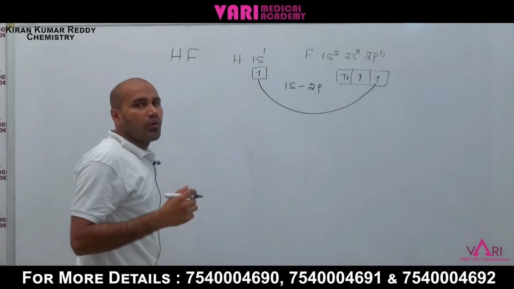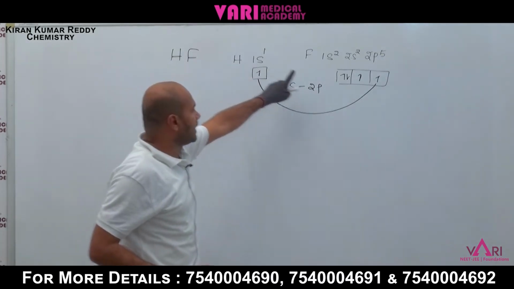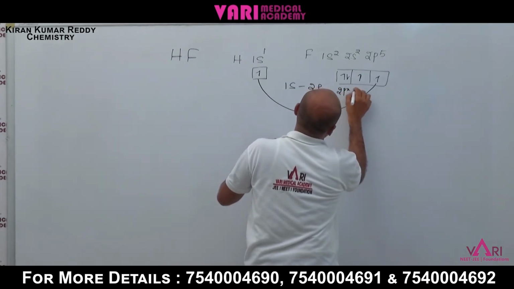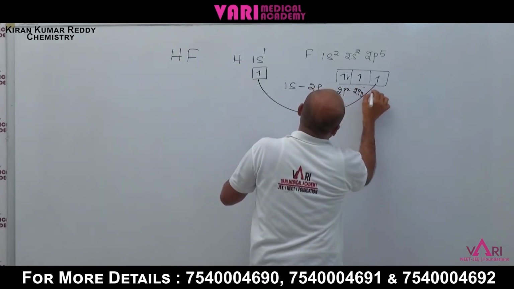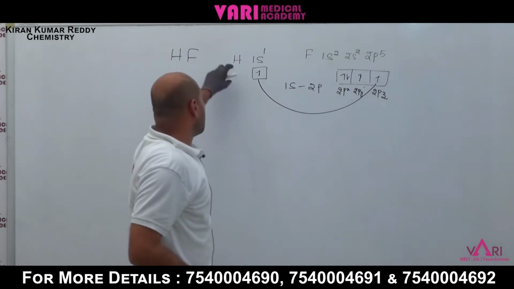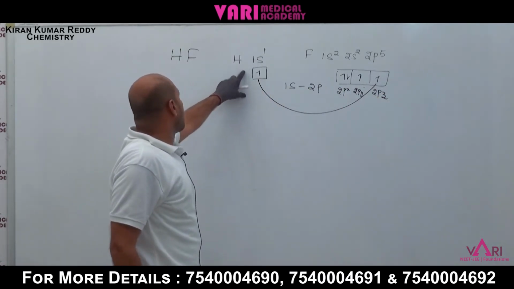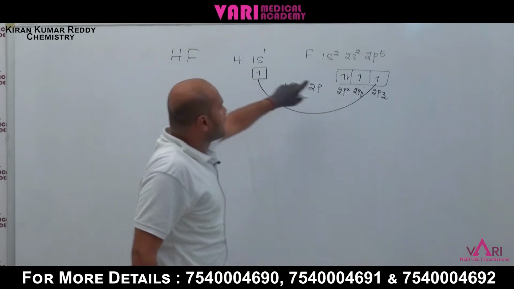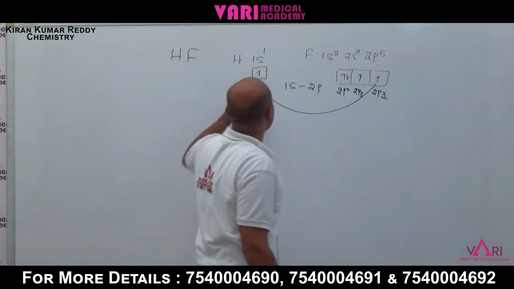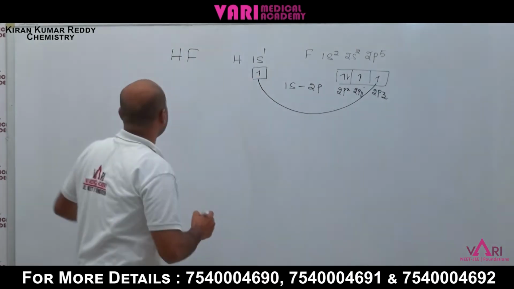orbitals are overlapping. 1s and this is 2px. This is 2px, this is 2py and 2pz. Now a sigma bond is the overlapping of the atomic orbital of hydrogen and the pz atomic orbital of fluorine to form a sigma bond. Now I am taking